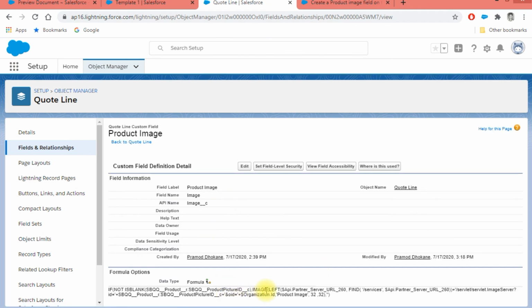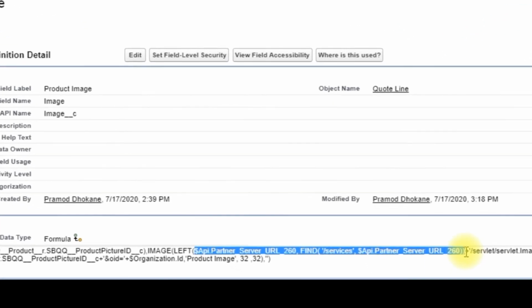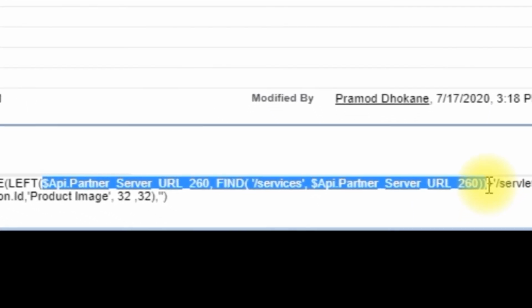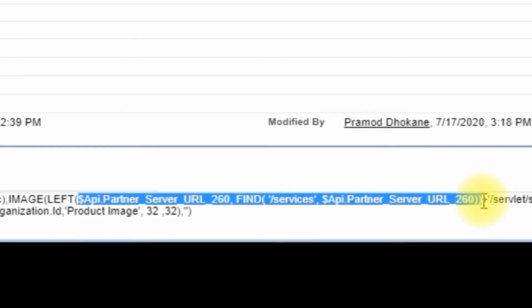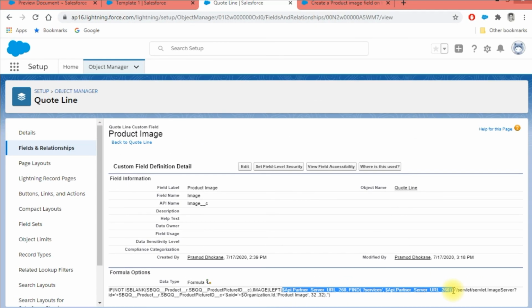So here is the formula, and I have added this particular text to get the base URL. After adding this, it did work and I was able to see those images on the quote document template.